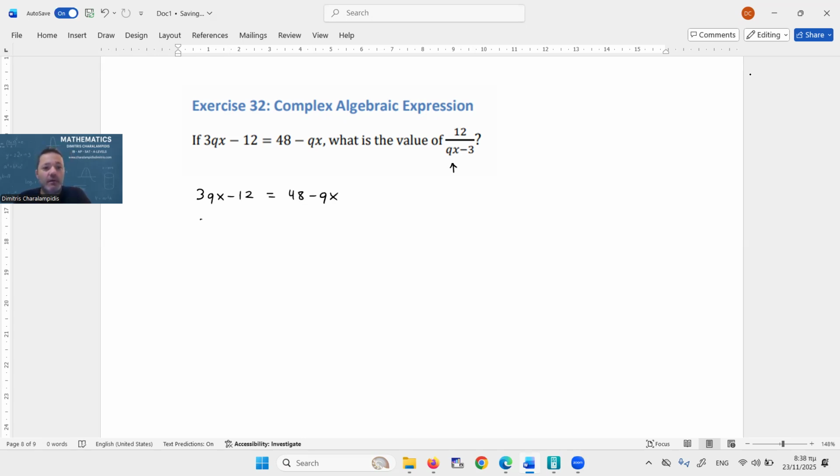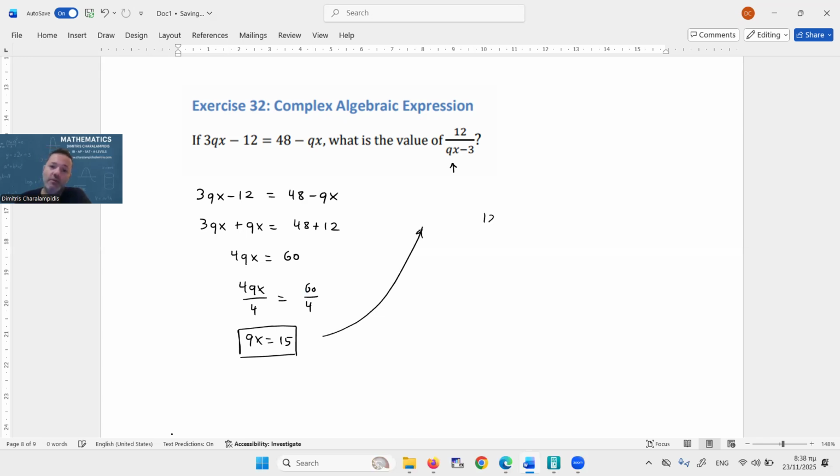I'm going to bring the qx's to the left and everything else, the constants, to the right side. 3qx plus qx is obviously 4qx. 48 plus 12 is 60. If I divide both sides by 4, I get 60 over 4. So qx is 15, which means that I can now go back to this 12 over qx minus 3,